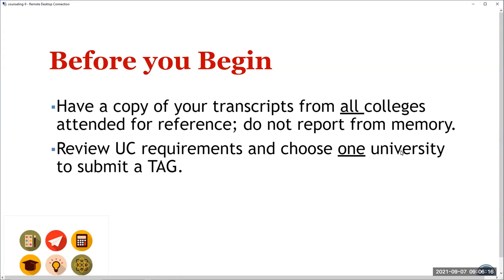So before you begin your TAP application, you want to make sure that you have a copy of all your transcripts from all colleges attended for reference. Do not report from memory. It's so important that you have those transcripts in front of you and that you report exactly what's seen